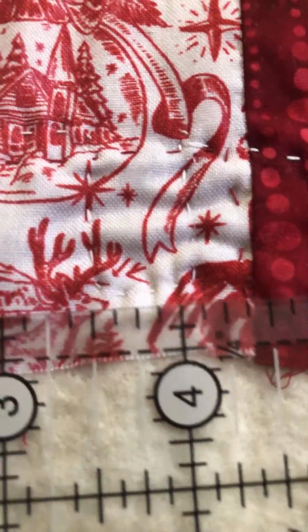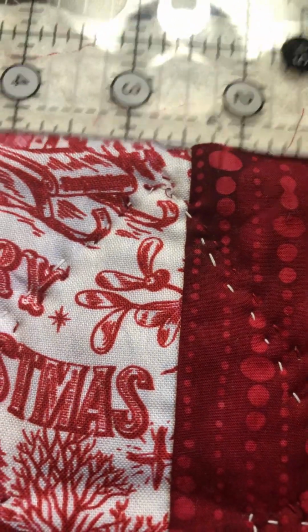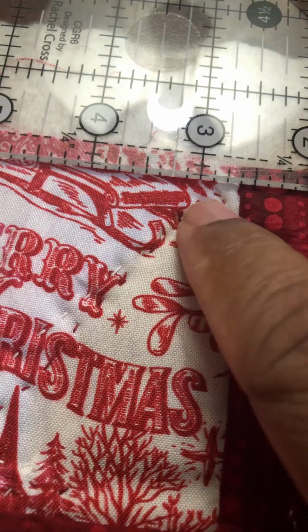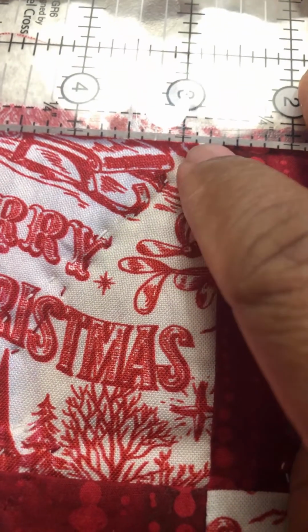Okay, and then there's a little tree trunk at the bottom, so you have to come to the bottom and put your 1/4 inch line on the bottom. And then when you position your template to do your trunk, make sure it's above this line here. And make sure that you take your ruler and put it up here. Put it on the edge of the top to make sure that the tip of the Christmas tree, the tippy top, starts a little bit below this point right here, so you will know that when you go to sew on your binding strip, the tippy top won't get caught up and the